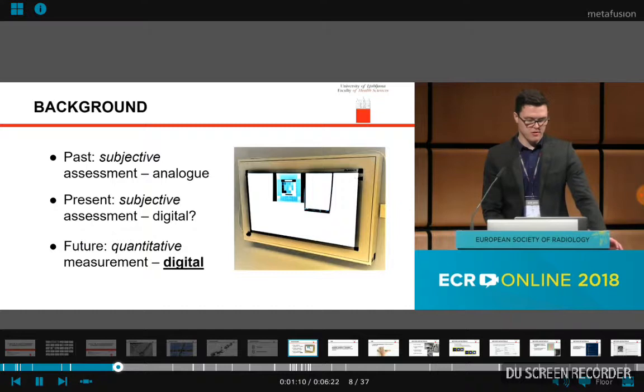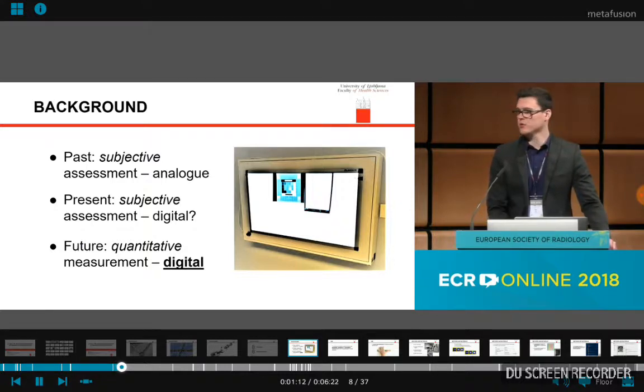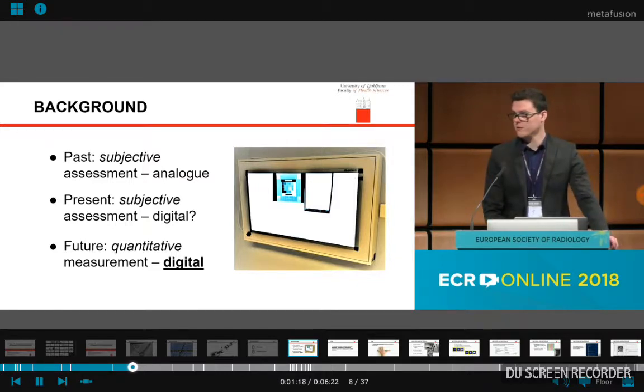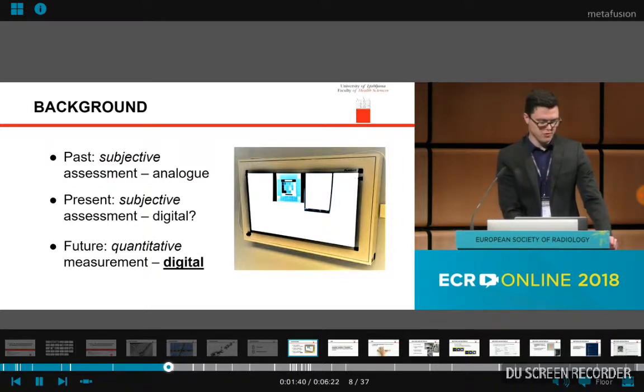In the past, quality checks were done by visually assessing developed films, which was a subjective method which had a lot of uncontrolled variables. Today this process has moved into the digital environment, but it still utilizes quite a lot of subjective assessment, so it's only partially digitized. In the future, digitization will improve, perhaps culminating in quantitative quality assurance, which may enable standardization